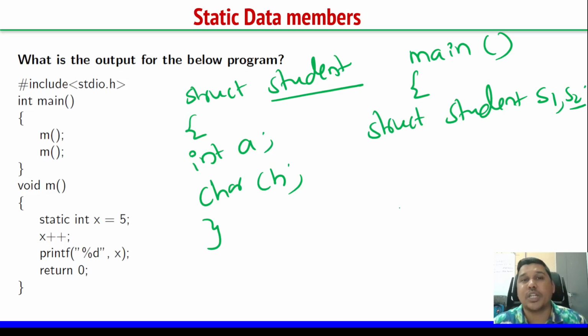What are these s1 s2? S1 s2 are the variables of the structure, or in terms of C++, if I say s1 s2 are the objects of the class student. Okay, and the very important point, I will repeat once again: unless you create variables or objects, memory will not be allocated. Why is that said? Please try to understand this one very important concept of static data members or static functions,